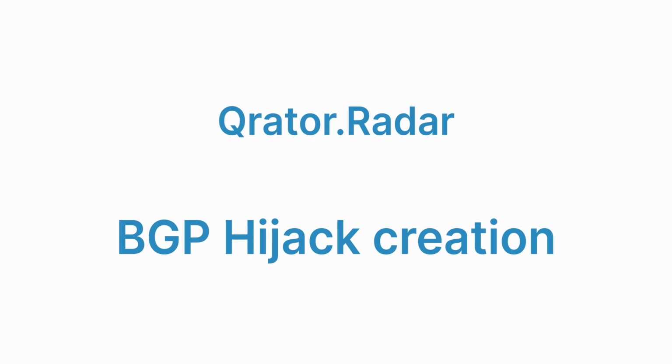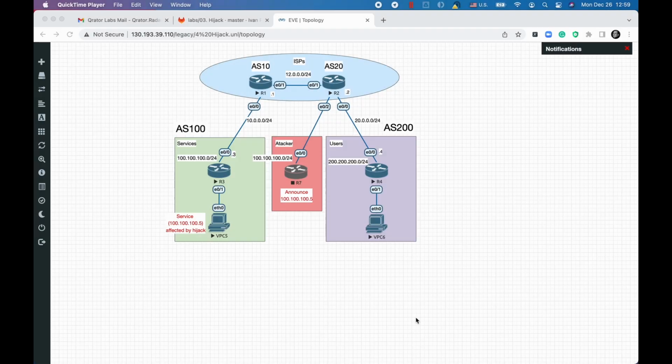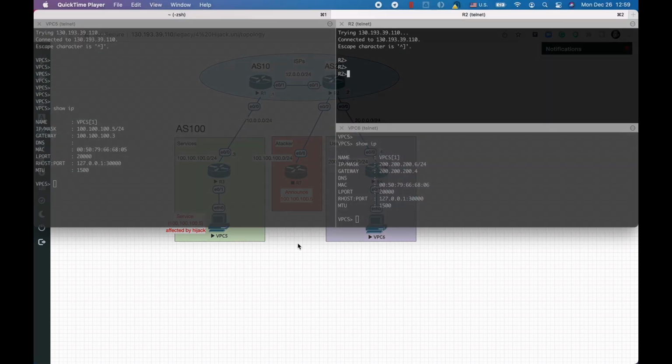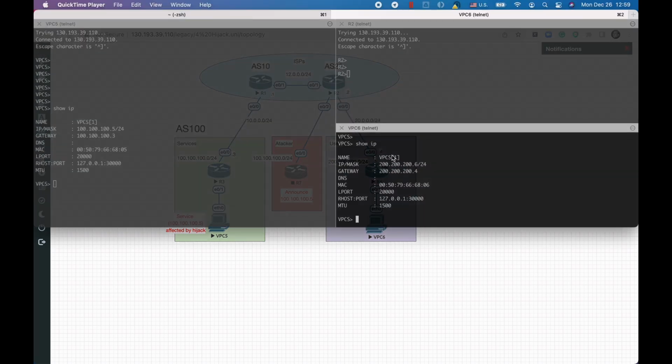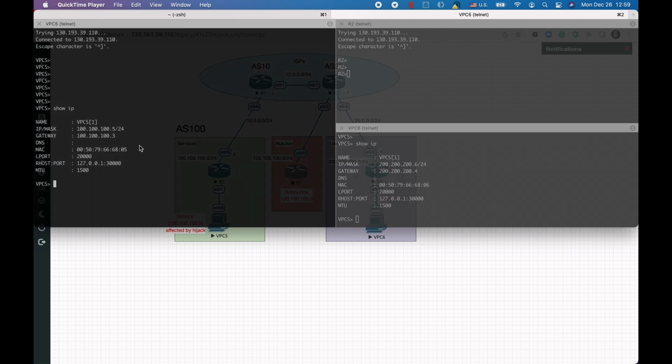This video will demonstrate a BGP hijacking attack on a web resource, leading to the complete interception of users' internet traffic. Bottom right corner of the screen, VPS6 terminal, IP address of the user's computer is 200.200.200.6, gateway 200.200.200.4. Left side of the screen, VPS5 terminal, IP address of the web resource the user is accessing is 100.100.100.5, gateway